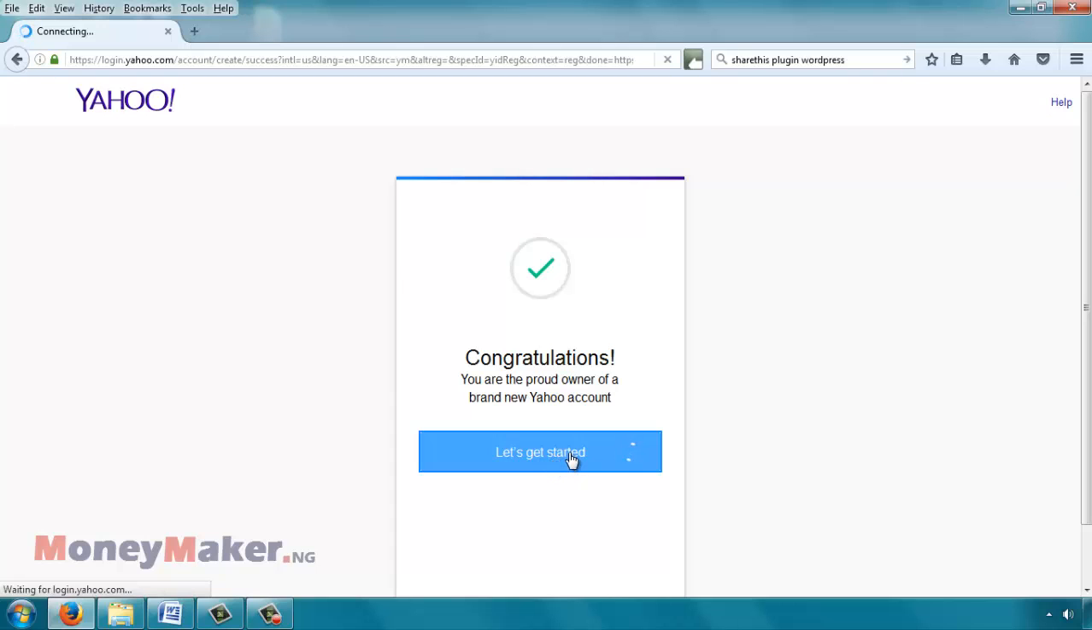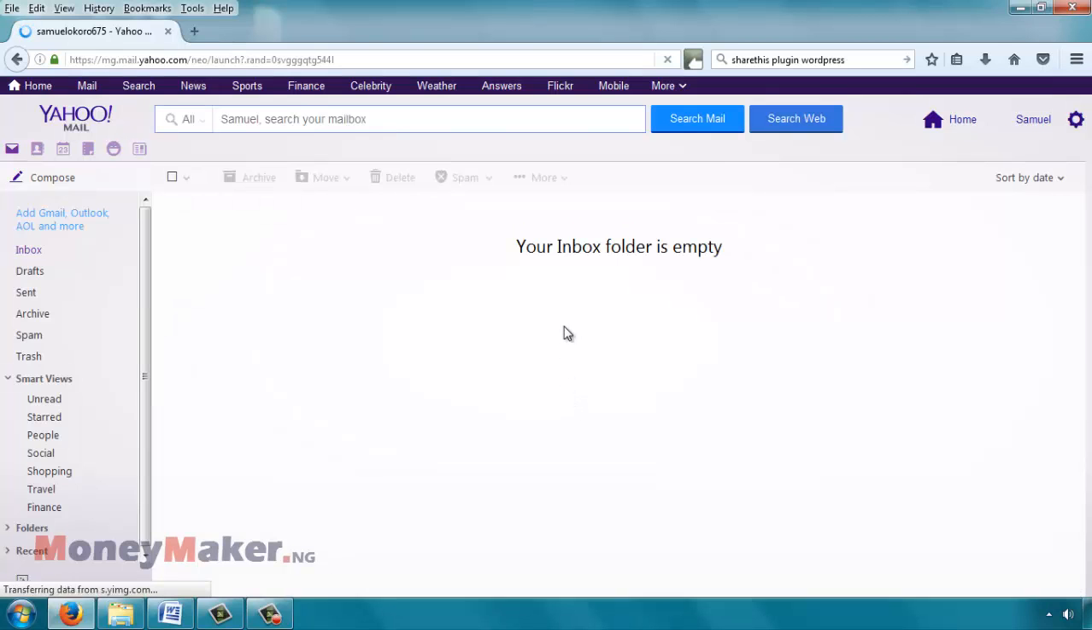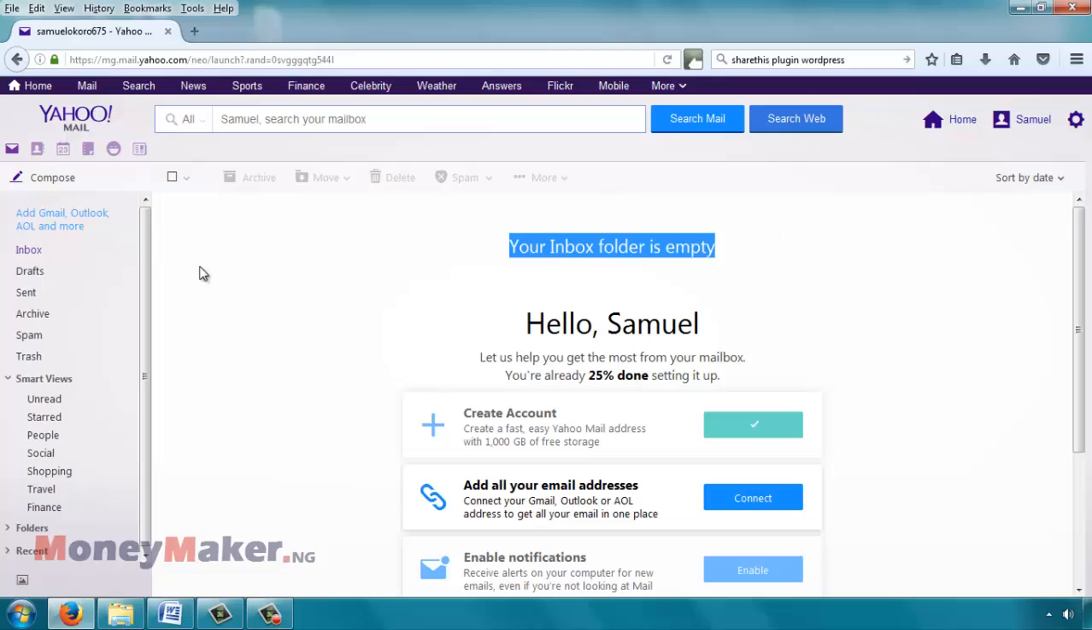So if we click on let's get started, it's going to take us to the main Yahoo box. I want it to open up so that I'll just show you quickly the various parts of the box. Now it's empty. Usually when you have messages you see them in this place, but it's empty now. There's no message. So on your left hand side you will see things like inbox, draft, sent, archive, spam, trash. For those who have used email before, they should be familiar with those terms, but if you are totally new to this,